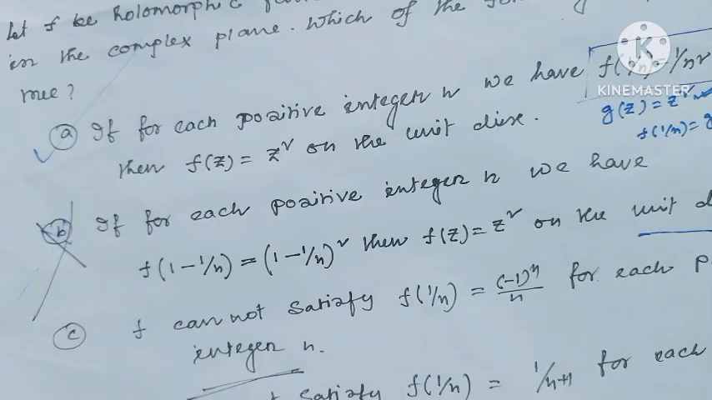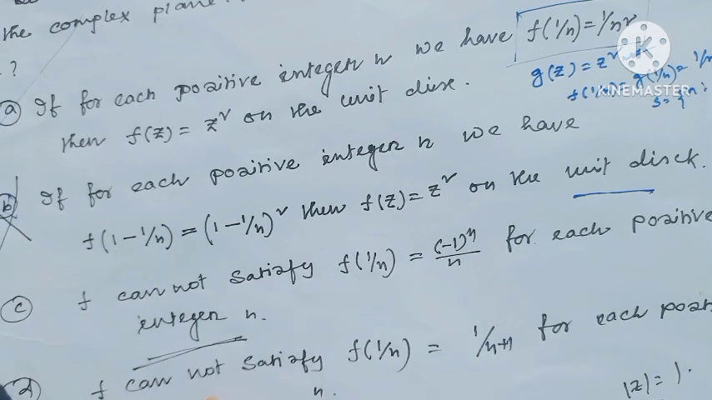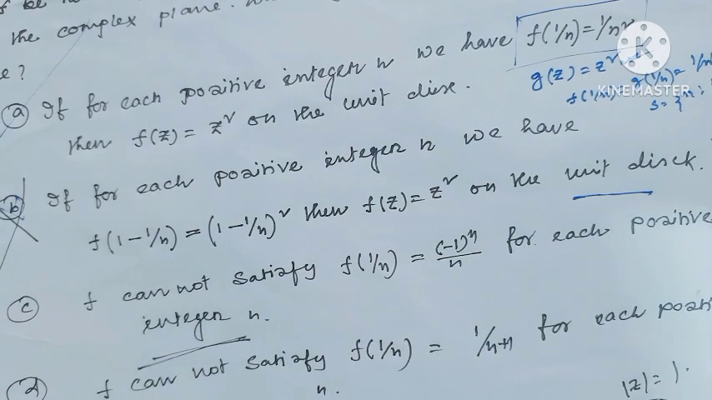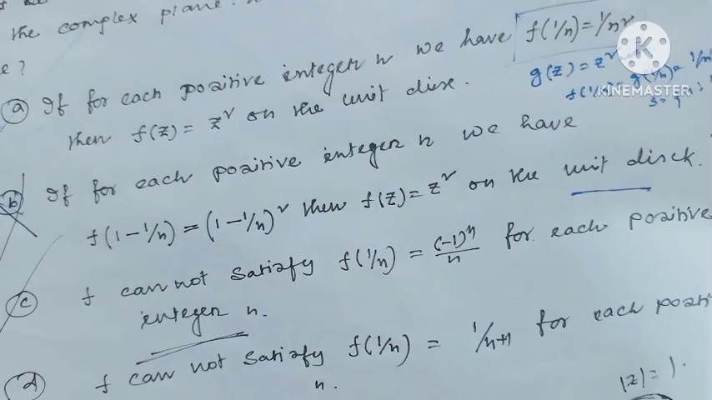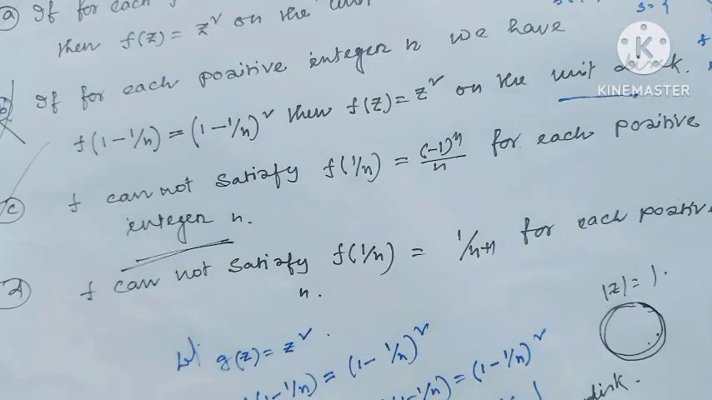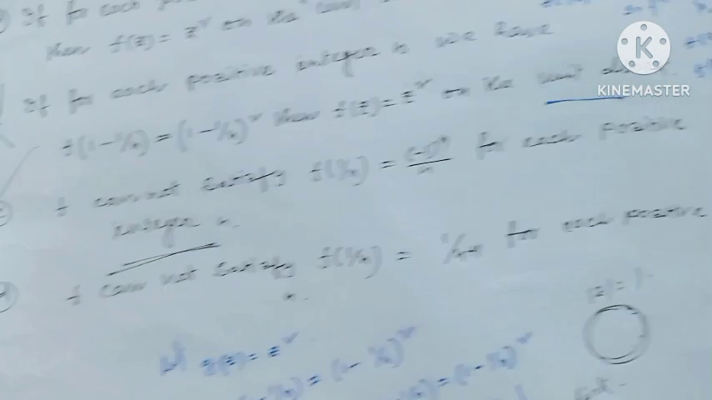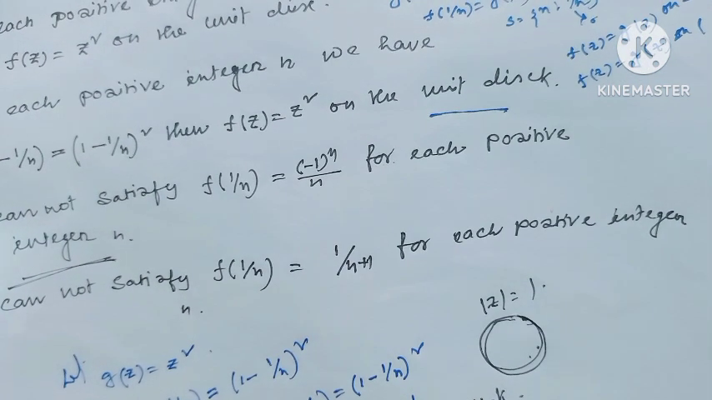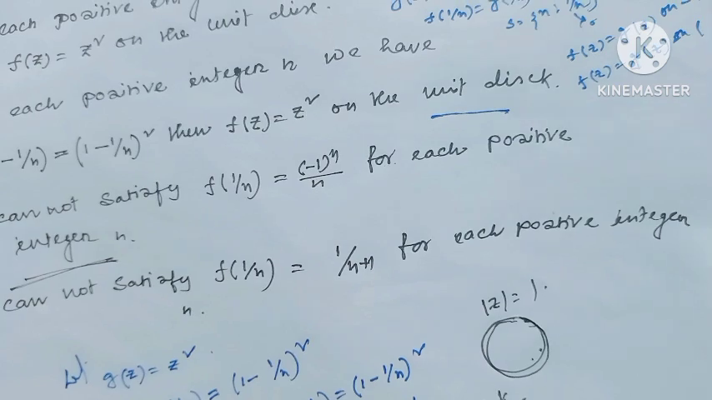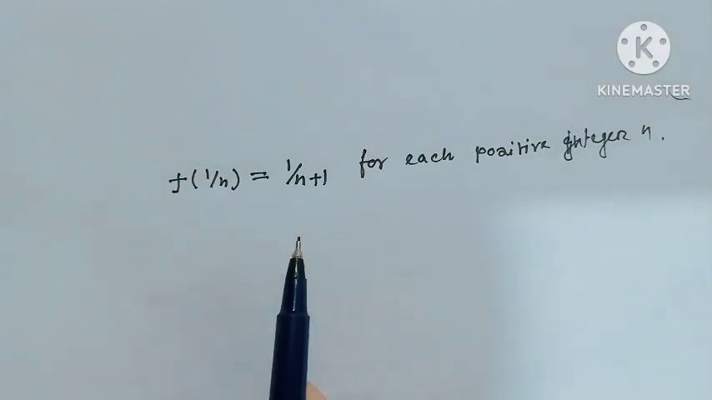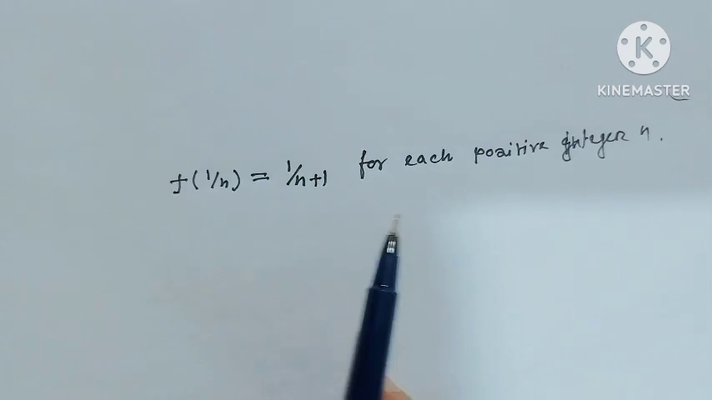So option C is the right option. f cannot satisfy this f of 1 over n equal to minus 1 to the power n over n. This is right. And option D implies f cannot satisfy f of 1 over n equal to 1 over n plus 1, and this is true for each positive integer. Is it true? For this, here f of 1 over n equal to 1 over n plus 1 for